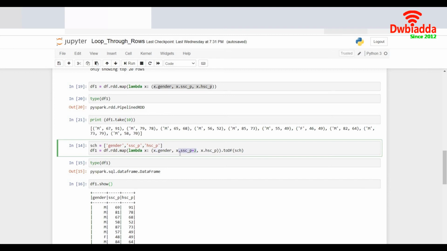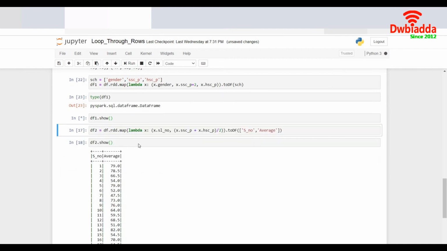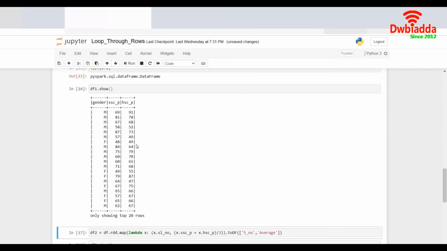Okay. So whatever the value of SSC percentage is, it will just add 2 to it, right? So let me see the value of it. Initially the value was 67. Then after I run the map command and I do a df1.show over here, I see it has added 2 to it.